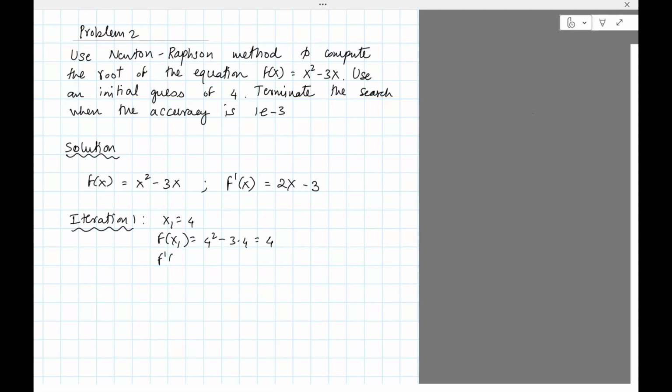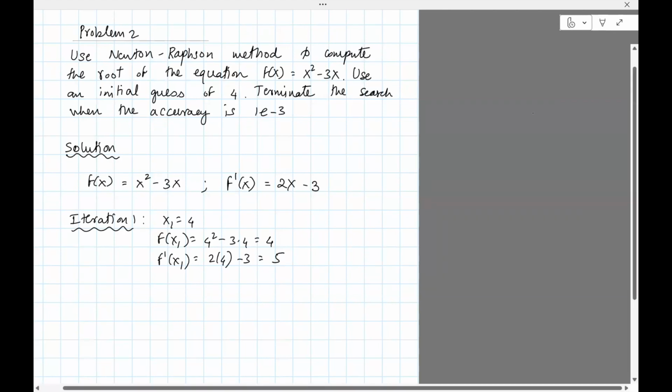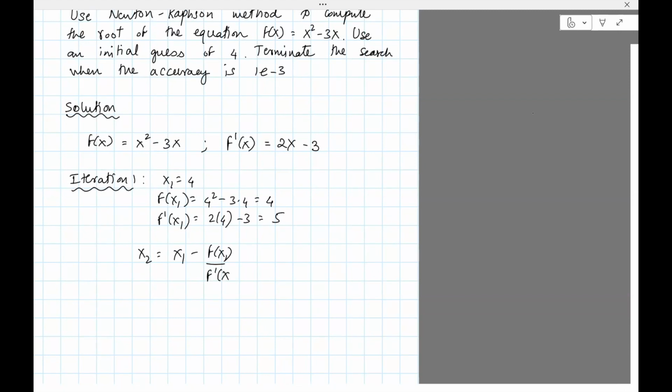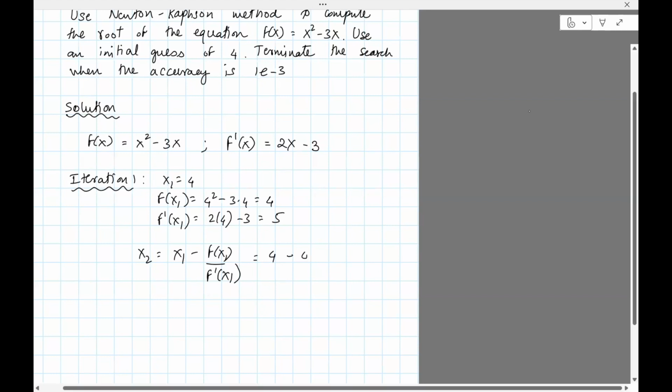And then f prime of x1 is 2 times 4 minus 3, which is 5. So x2 is x1 minus f of x1 divided by f prime of x1. x1 is 4, f of x1 is 4, divided by 5,